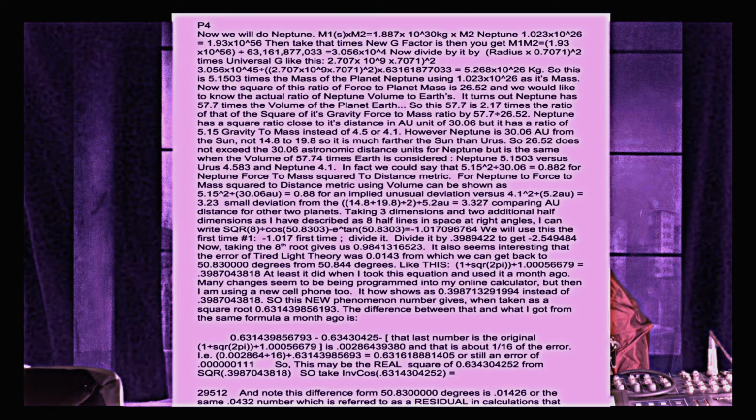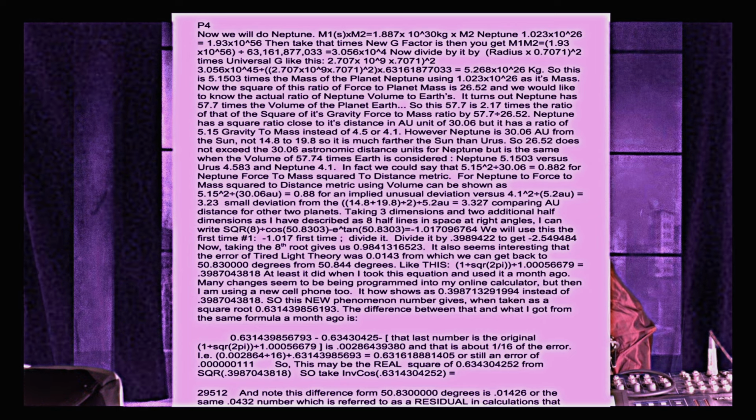Like this. The quantity 1 divided by the square root of 2 pi n quantity divided by 1.00056679 equals 0.3987043818. At least I did, when I took this equation, I used it a month ago. Many changes seem to be being programmed into online calculators. They're becoming unreliable. But then I'm using a new cell phone too, so I can now show on that